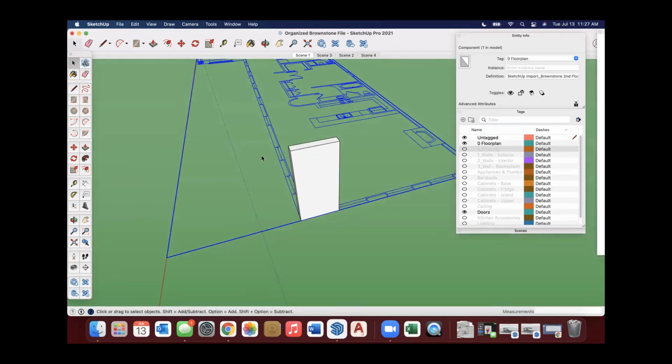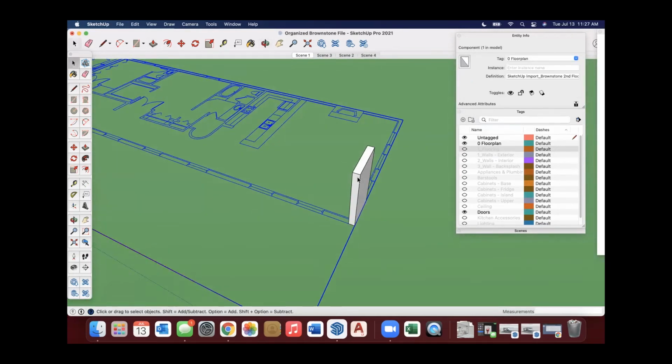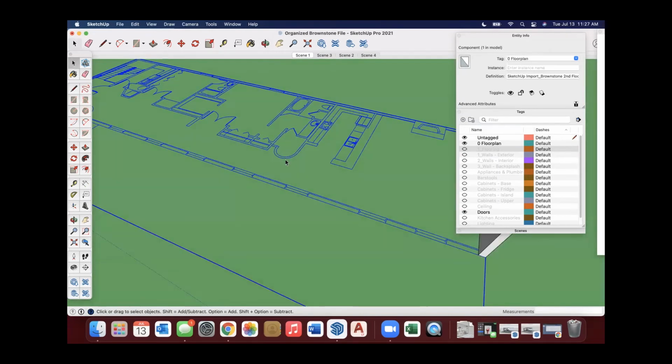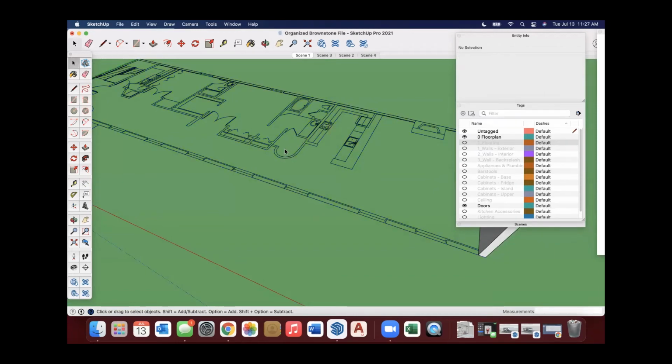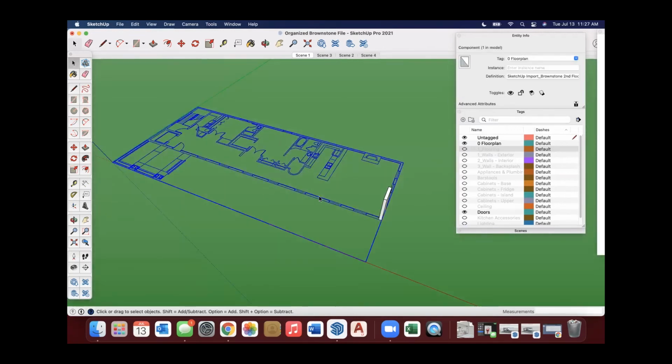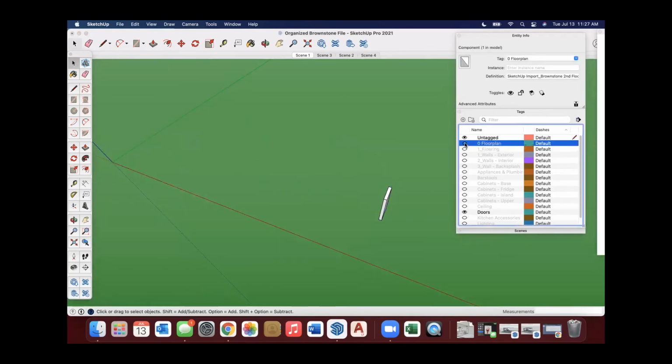The biggest thing that you want to do though, before you start modeling on top of it, if you have brought in a CAD plan, is make sure that floor plan is grouped so that you don't have individual lines and pieces that could stick to the geometry that you're going to make. So this one is grouped. It's been applied to the floor plan layer.